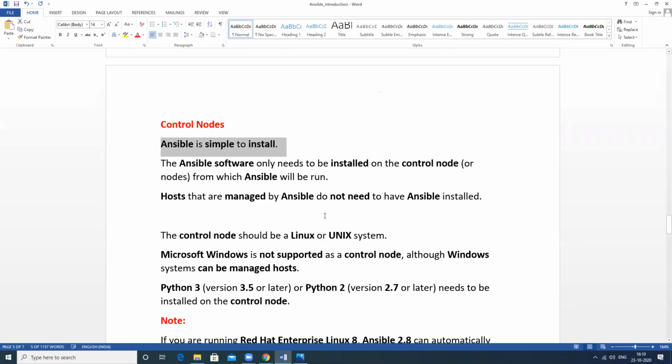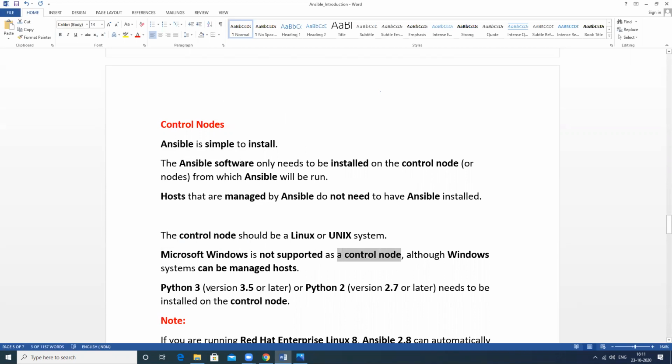And what packages do we need? When we create a control node machine, the control node will be a Linux machine. If we want to create a Windows machine as a control node, we can't perform the operation as a control node on a Microsoft machine. So a Microsoft machine will not work as a control node.